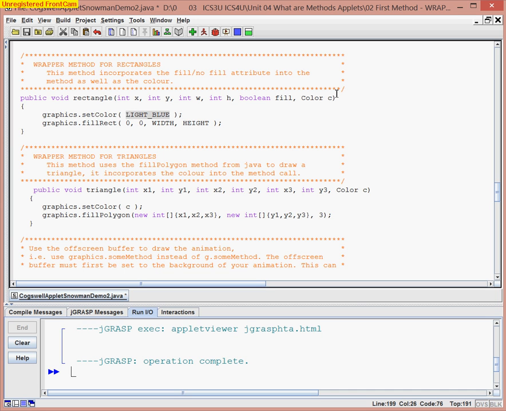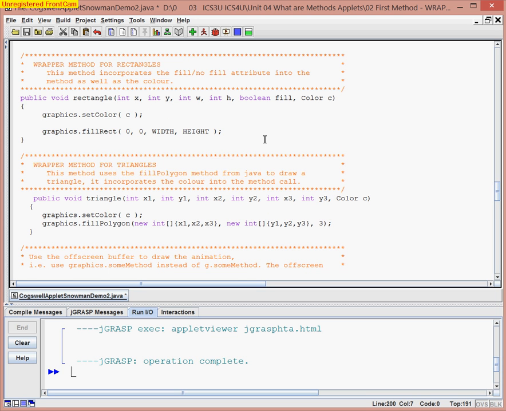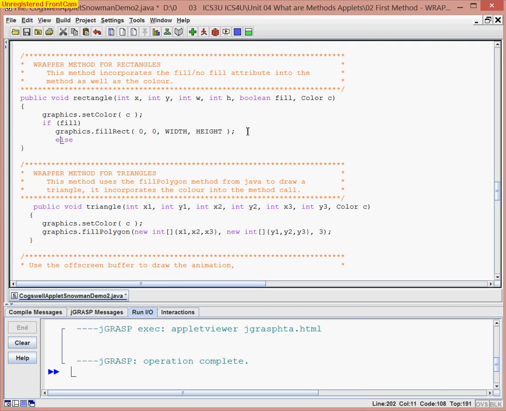I'd like them to be whatever the color was that was passed in, so we will use the variable C. Now the fill, that's going to indicate whether this rectangle is filled in or if it's just the outline of a rectangle. So I will use that Boolean value, if fill, to tell me whether to use the fillRect or actually I'll just take this much of it,